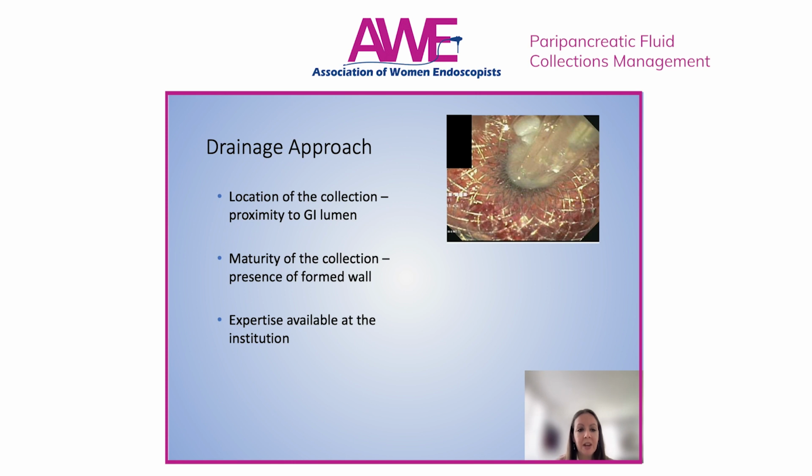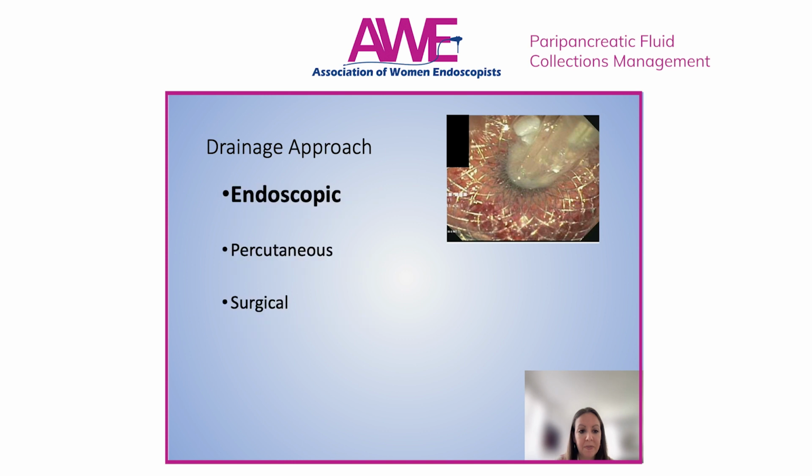So how to decide which approach is best? It's important to think about the location of the collection, the proximity to the GI lumen. If the collection is far from the GI lumen, then endoscopic drainage may not be feasible, and it may be better to proceed with percutaneous or surgical drainage in those patients. The maturity of the collection: if there's not a formed wall, then generally endoscopic drainage is not the best approach in those patients, and of course the expertise available at the specific institution. But in most cases, as you can see from the studies presented, endoscopic drainage is going to be the ideal